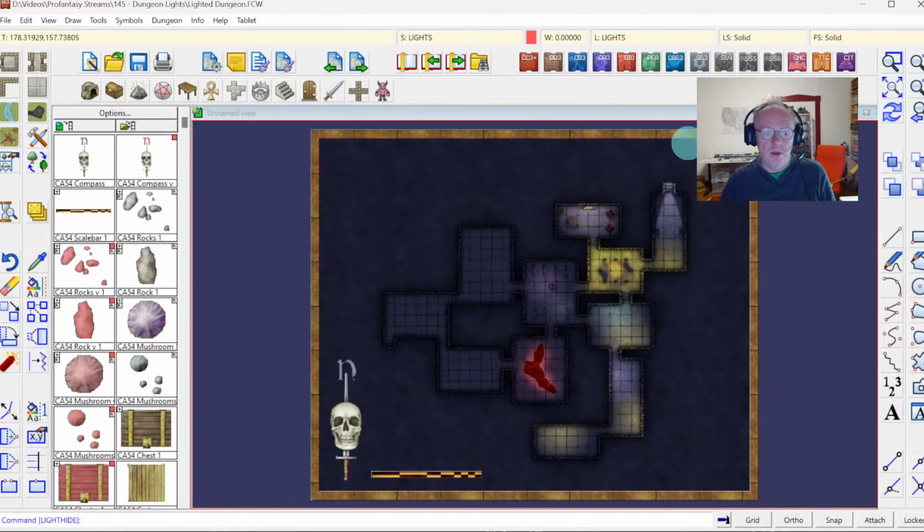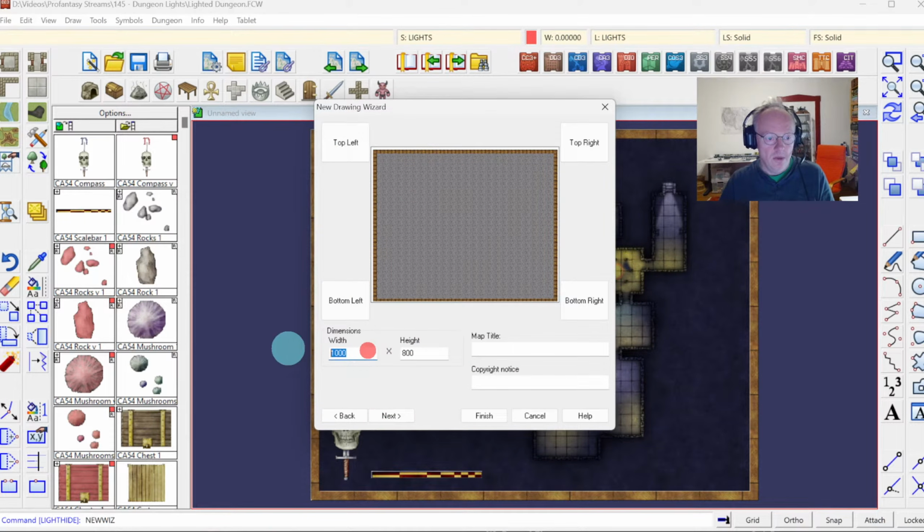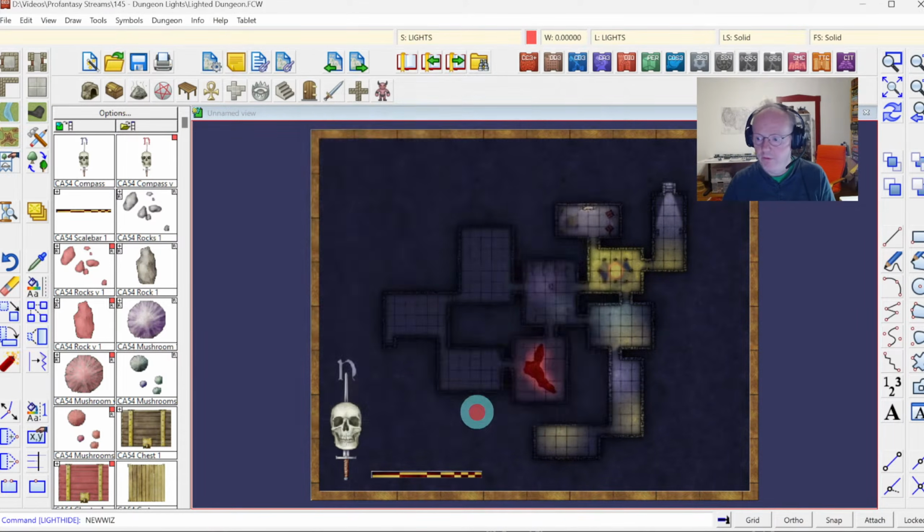Okay, so one more thing I wanted to show off as a little teaser, and that is some functionality that will be added pretty shortly for everybody to Campaign Cartographer. We are working on a bit more random generation of dungeons. And this layout has already been done with the random dungeon generator. So I'm just going to show you a bit by creating a new map in the John Roberts style. Next, do a 200 by 160 feet map. Finish,